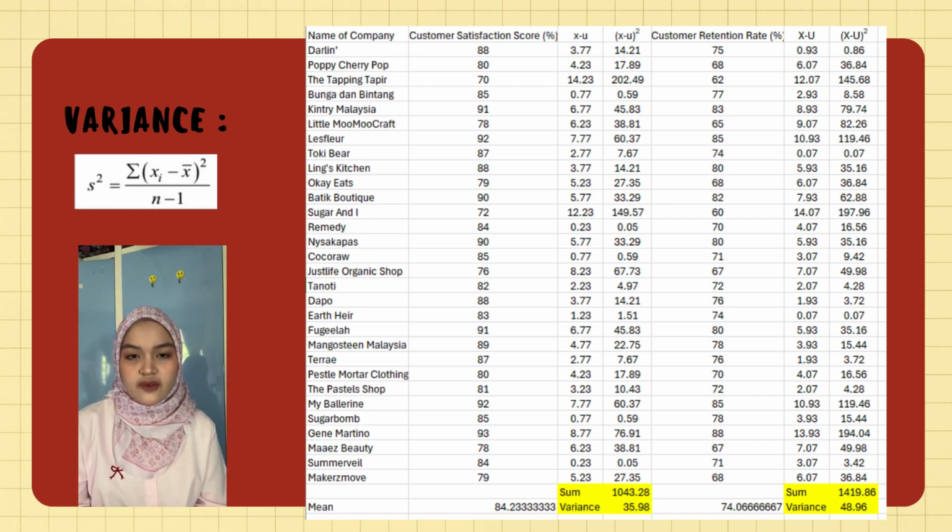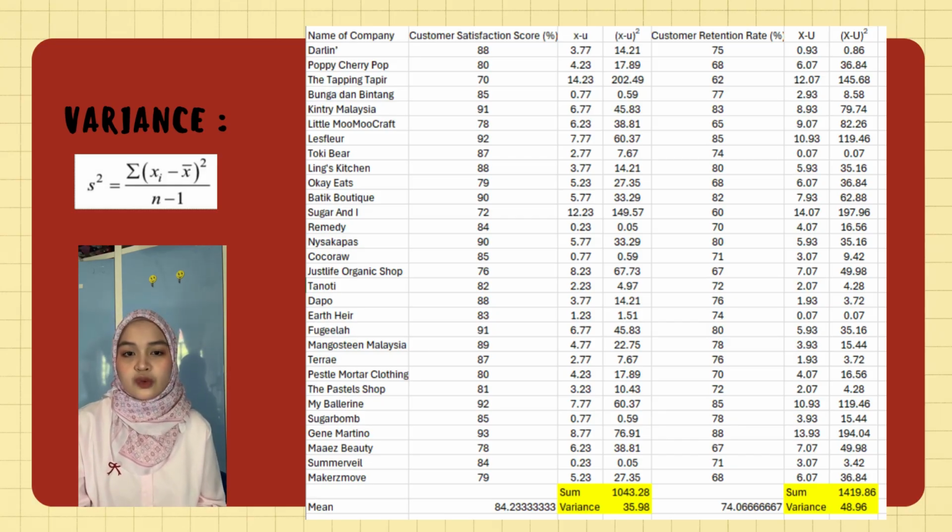Another two of the most commonly used measures of dispersion are variance and standard deviation. The variance is the squared deviation of each value from the mean divided by the number in the population. For the population variance, I sum up the square of the differences between each value and mu. Mu is the population mean, so I'm taking the sum of the squared differences between each value and the mean divided by n. So for this question, first I need to know the mean, and I subtract each value from the mean, and as you can see, x minus mu squared. And then I sum up all and divide it by 30, 30 as the population. So for customer satisfaction score, I get 35.98%,